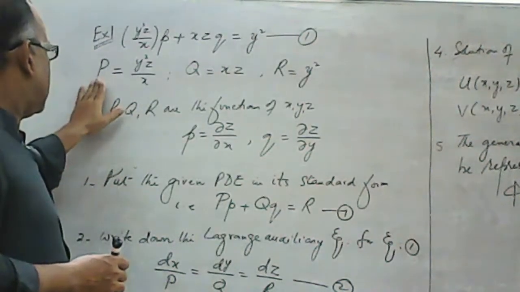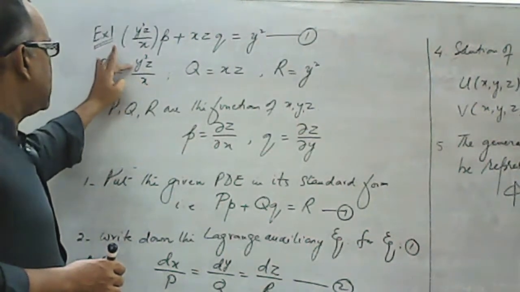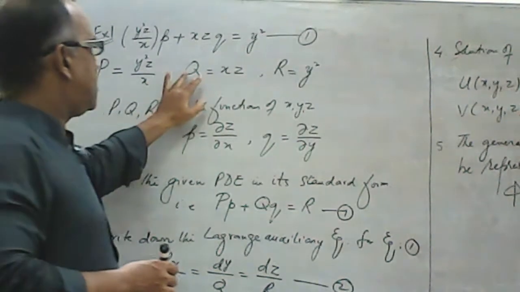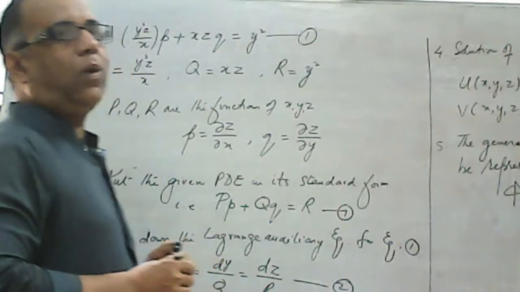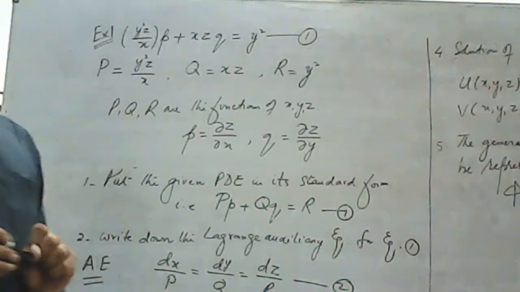For example, here P is depending on all X, Y and Z. P has all three variables, whereas Q is depending on only X and Z, and R is depending on only Y, one variable. So that is why we generally say that P, Q, R are the functions of X, Y, Z,